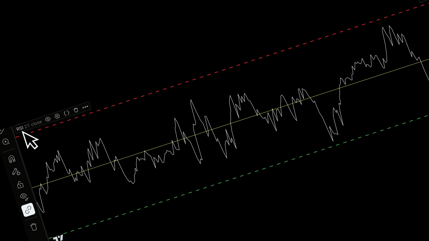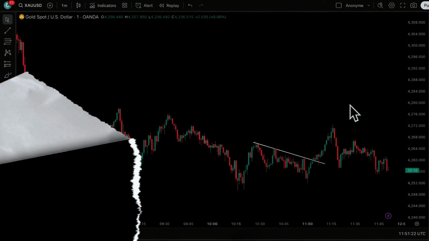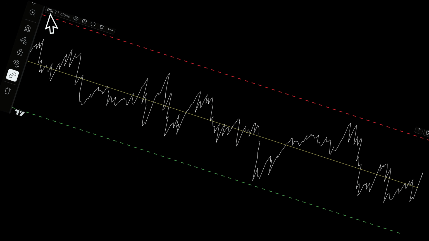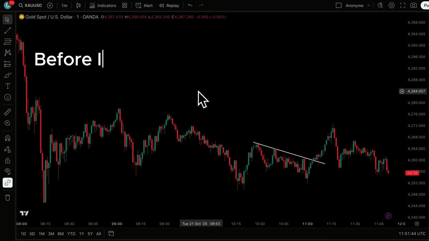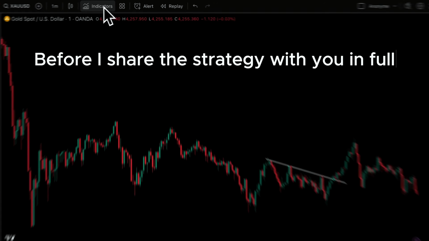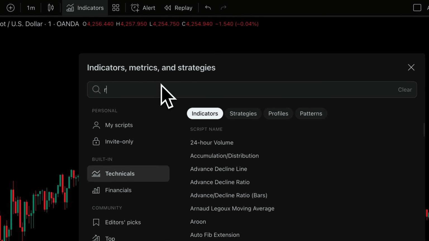Price action, the RSI, and a trend line. I'll say it again, price action, the RSI, and a trend line. Before I share this strategy with you in full, let me give you the very important settings for the RSI